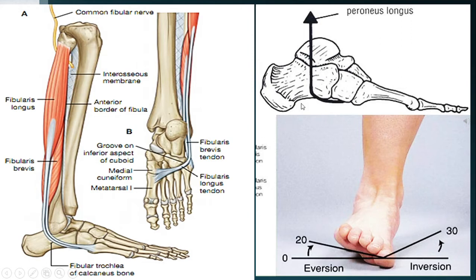This diagram shows another importance of peroneus longus or fibularis longus muscle as it is passing from the lateral aspect towards the plantar side. This muscle is going to maintain the lateral longitudinal arch and the transverse arch. These arches will be discussed later in detail. Another important point here is that trochlea of calcaneum bone is going to work as a pulley at which the tendons of fibularis longus and brevis are angulated and then inserted. So this is an important point.